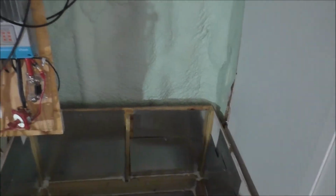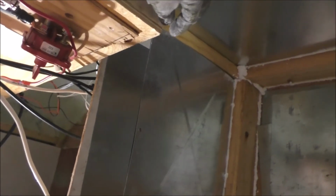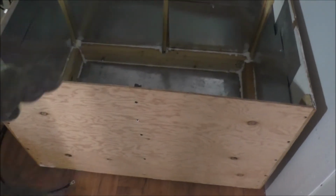Alright guys, so I took that 2x4 out that was going across here just so I could get the battery box in place, and I also jacked up the 2x4 because it was sticking down about a quarter of an inch or more, half inch. So I jacked it up, put a screw in so I could slide the box under here. Now underneath there's a foam board, so it's up off the floor. And now what I need to do is just put the steel down